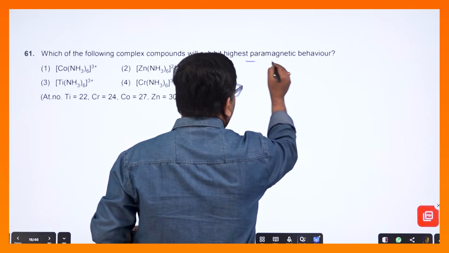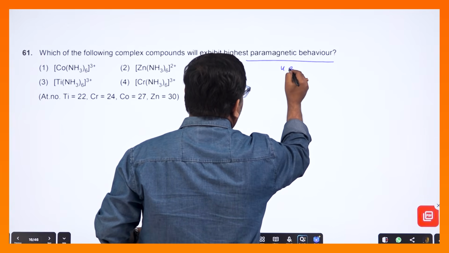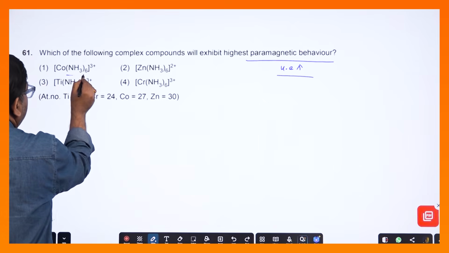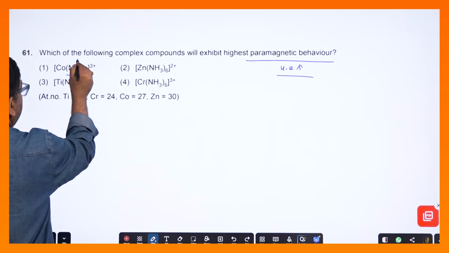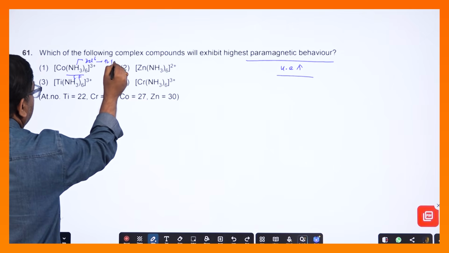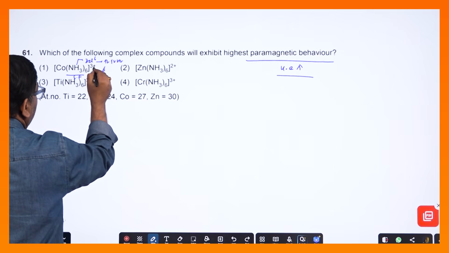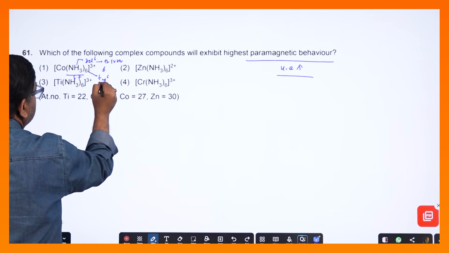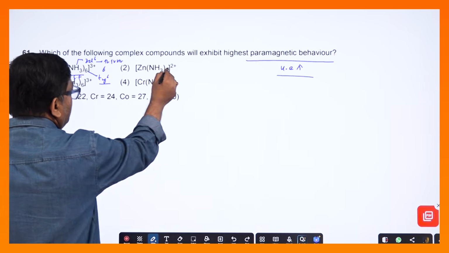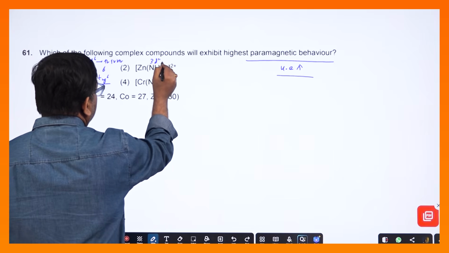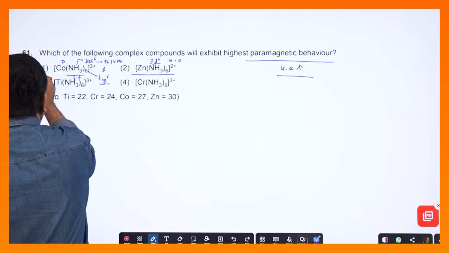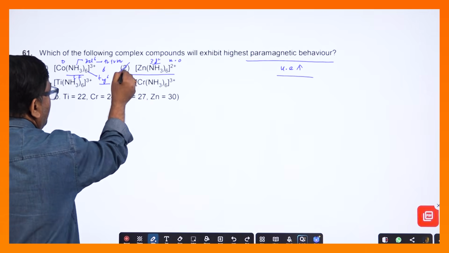বেসিক কোশ্চেন, প্যারাম্যাগনেটিক কীভাবে বুঝবো, যাতে আনপেয়ার্ড ইলেকট্রন যত বেশি হবে তত প্যারাম্যাগনেটিক হবে। এখানে দেখো, এটা এখানে স্ট্রং ফিল্ড লিগ্যান্ড হিসেবে কাজ করে, এখানে 3d6 হয়, কিন্তু প্রত্যেকটা পেয়ার্ড হয়ে যায়, মানে t2g6 যদি করি, t2g6 হয়ে যাবে প্রত্যেকটা পেয়ার, তাহলে এতে আনপেয়ার্ড 0। এবার এখানেও যদি দেখো 2+ 3d10, তাহলে এটাও কিন্তু আনপেয়ার্ড 0, তাহলে এই দুটো কিন্তু হয়ে গেল ডায়াম্যাগনেটিক, তাহলে এটা অ্যান্সার হলো না। যদি ডায়াম্যাগনেটিক হতো 1 and 2 অ্যান্সার